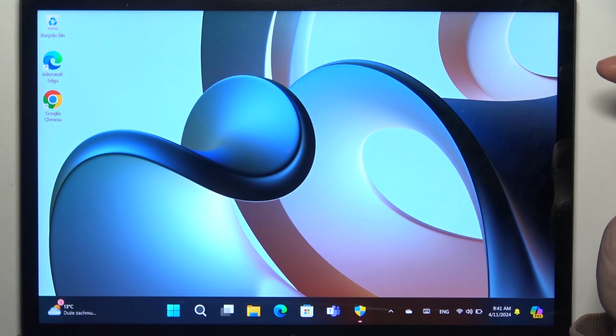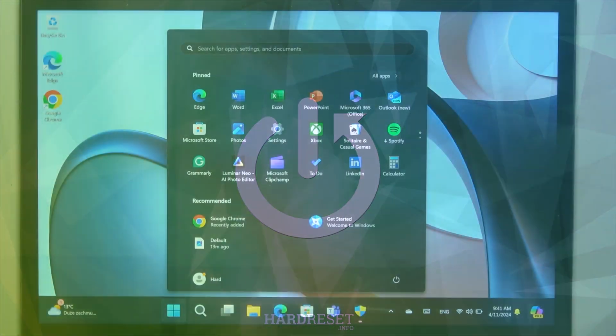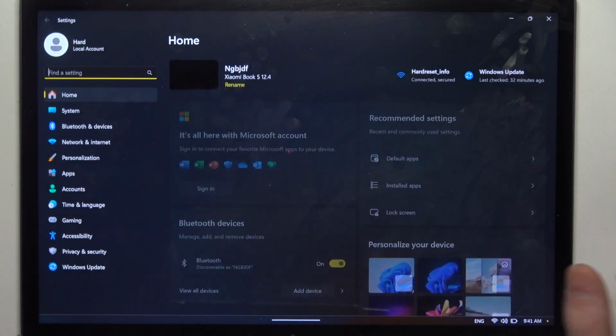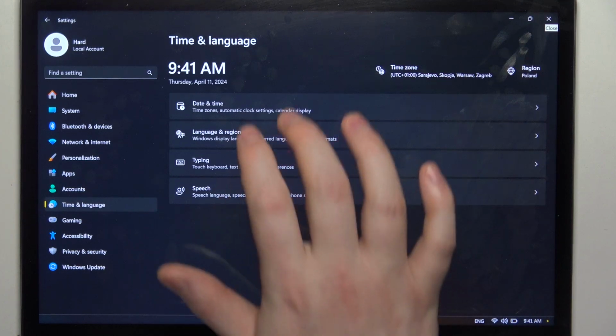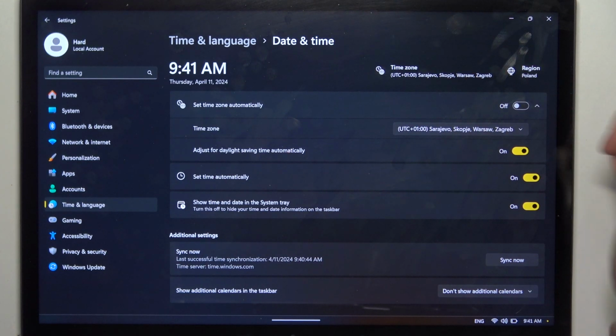Hello, in this video I want to show you how to manage date and time settings on XIAOMI Book S. To do this, first we'll need to open our start and the settings. Inside, navigate to the time and the language, select date and time, and right here you'll be able to activate